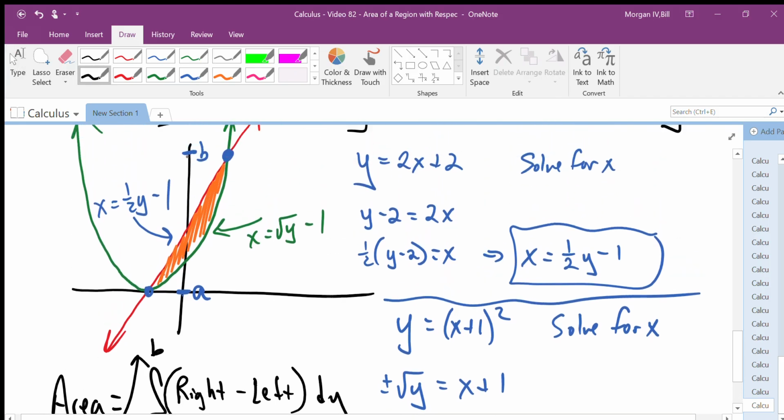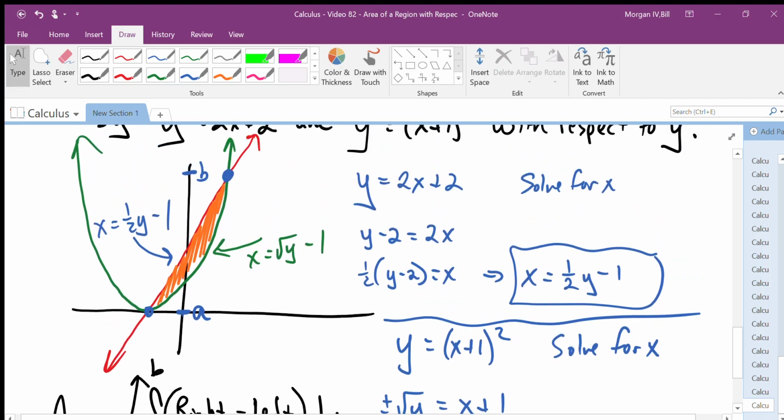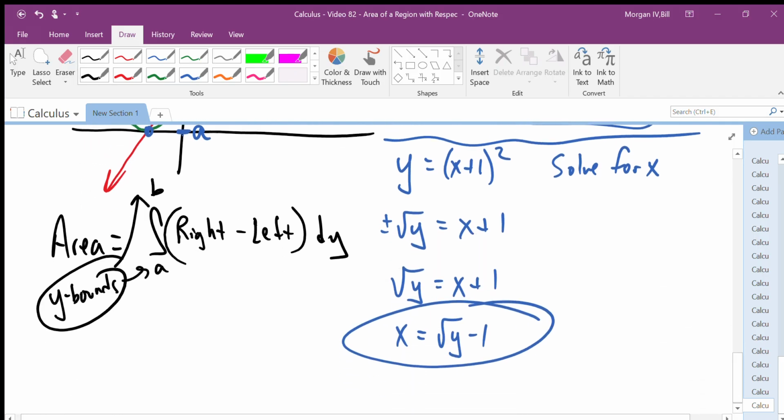Okay, well, what are those bounds? Now, I could kind of look at it and think, okay, I think the a bound, the lower bound here is 0, and the upper bound is, well, we're not sure. Okay, so what we do is we set the equations equal to each other. So to get bounds,